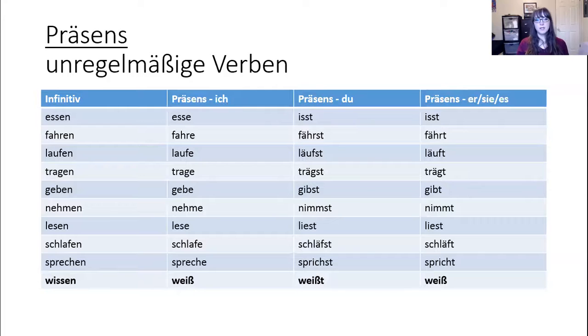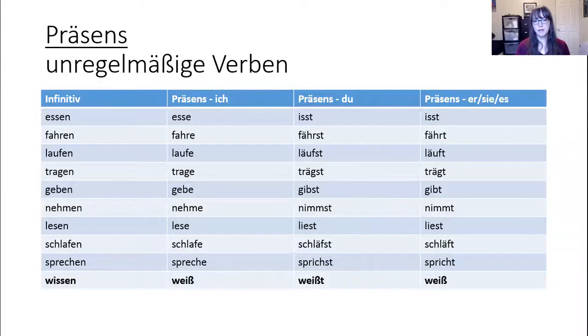So let's take essen as an example. To eat, in the ich form, the first person singular, looks totally normal. Ich esse. That's what you would expect, but not so for the du and er, sie, es form. It would be du isst, er isst. So those two, you can't guess. It's a change from an E to an I. And if you want to memorize verb classes that used to exist in German and try to calculate it that way, you can, but it's much more work than just memorizing it for individual verbs. And those verb classes, while they used to form groups that made sense, they just don't really anymore. They're not very relevant. So I don't teach them to my students.